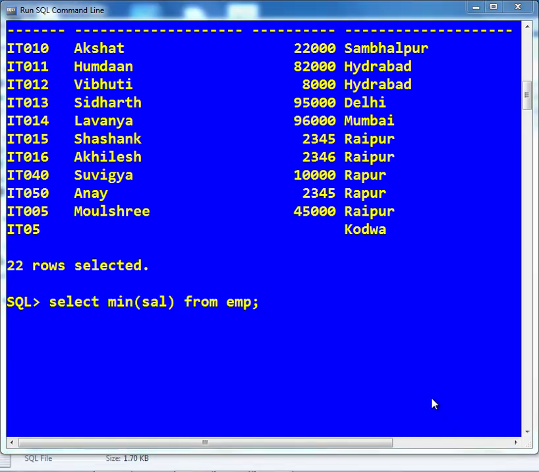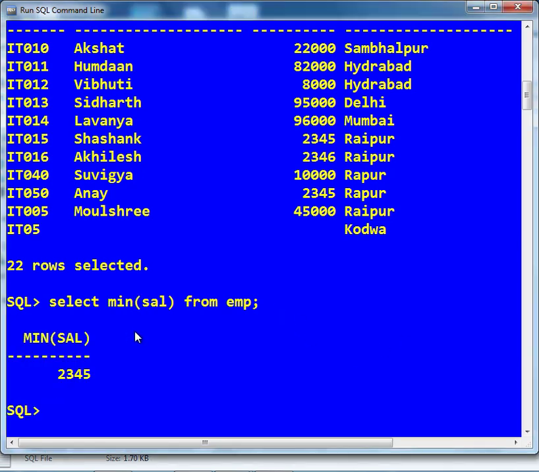Now if I want to find the minimum salary from EMP, here we can write select minimum salary from EMP. So this is the minimum salary of EMP. These are the functions basically used in SQL, and these questions are frequently asked in the CBSE 12th board examination, IP 065. We have a very limited number of functions: min function, max function, average function, count asterisk function. So we have to use them very carefully.